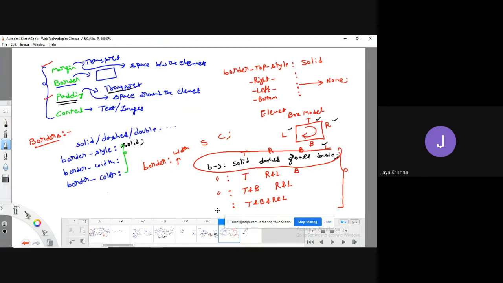If I write the padding property like this, it is going to apply for all the things: top, bottom, right, and left. If I go with two values, it will be applicable for top and bottom, then right and left. Three values: top, right and left, bottom. Like this, it will apply. So this is very important for you.